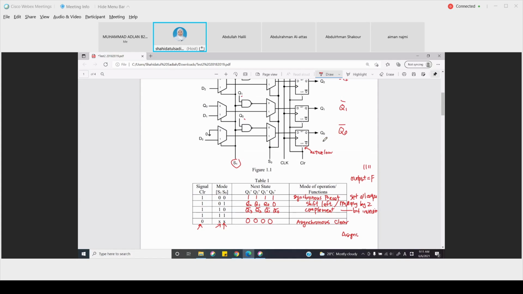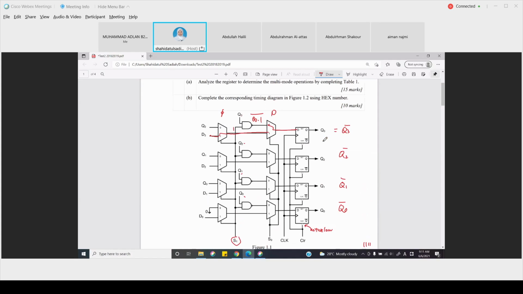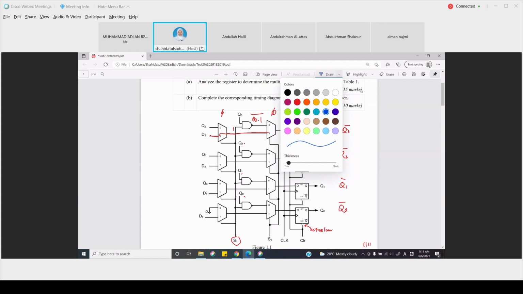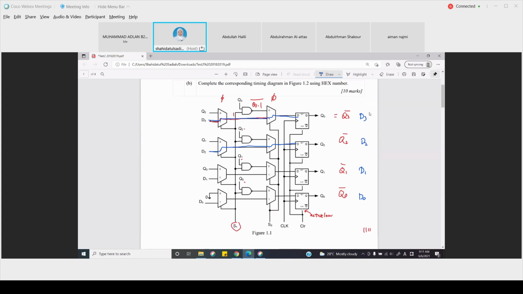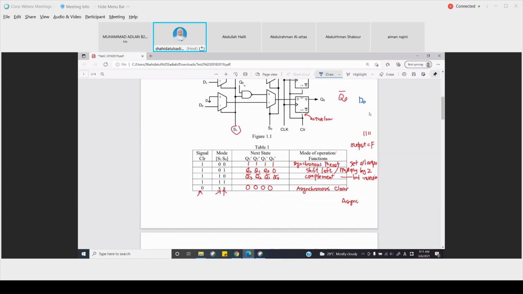All right, the last one is when the mode is 1, 1. Let's change the color, it's easier. D going straight. So that's the pattern. We get D3, D2, D1, D0. So this is D